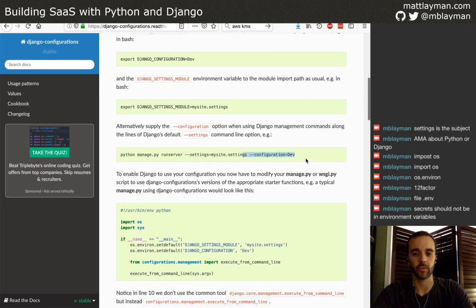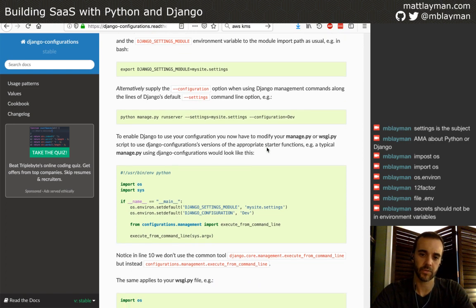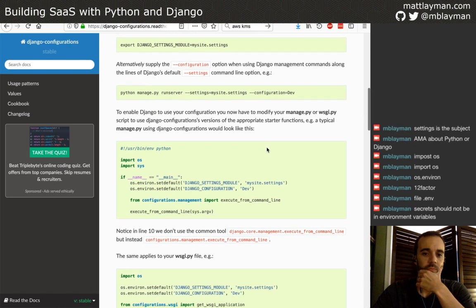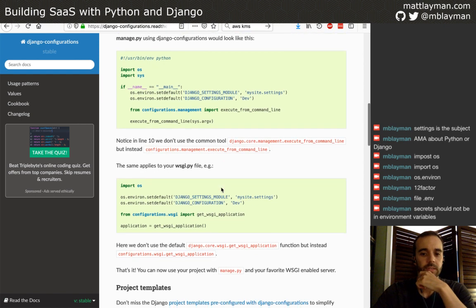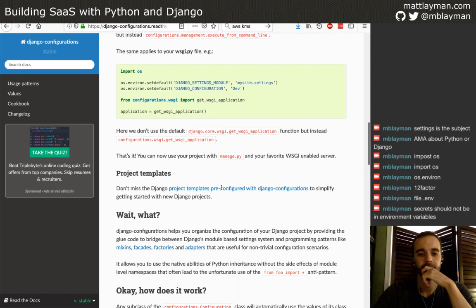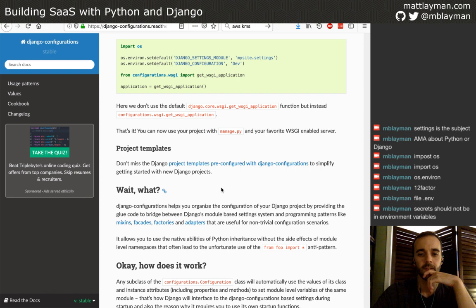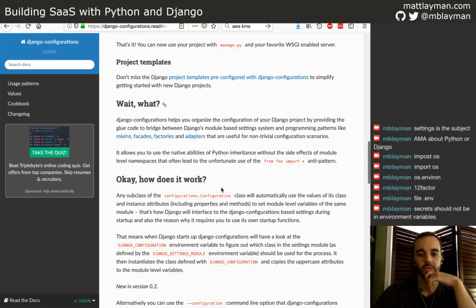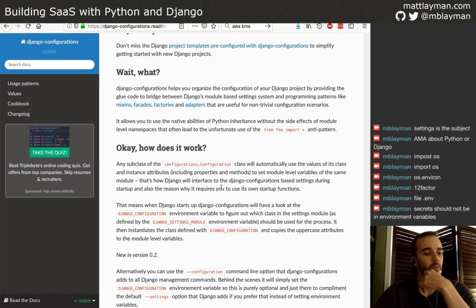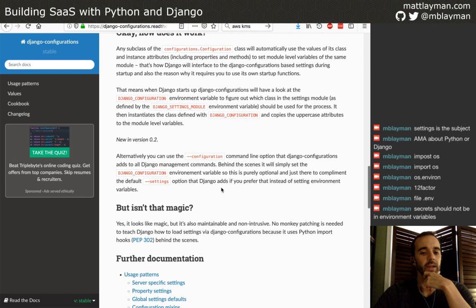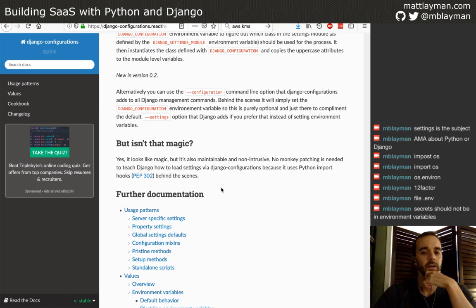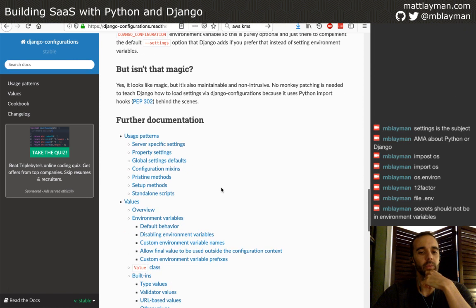Okay, and here they give the example of it adds an extra setting to runserver to be able to switch that. Or you can just set the environment yourself. That's cool. So this is an interesting pattern. It's not necessarily one that I think I'd want to put in my app. I can understand the appeal to it,